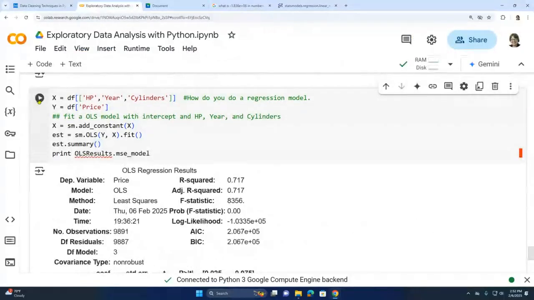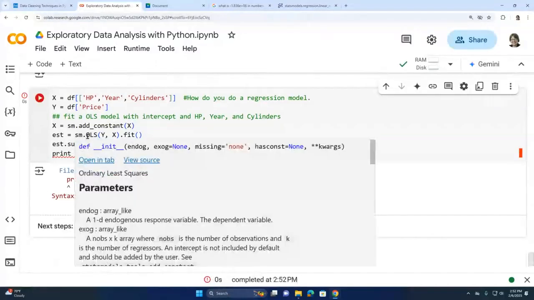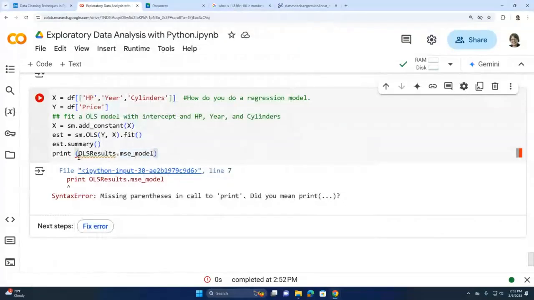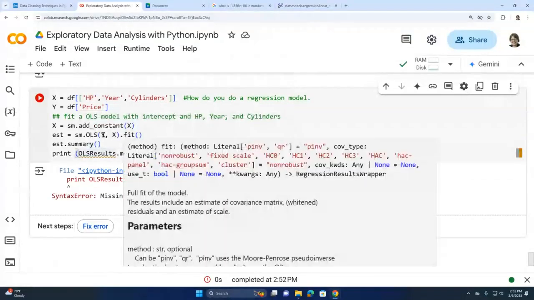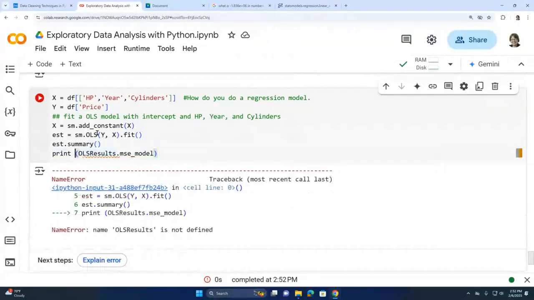Wonder if I can do this. I'll have to play around with this. I think